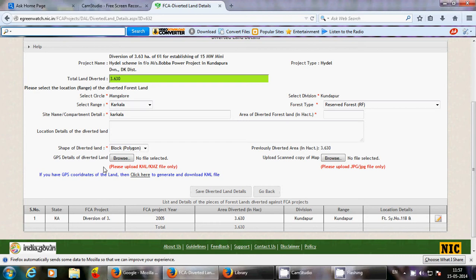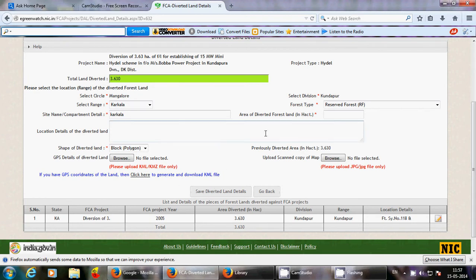This is emphasized again and again because if the datum and units are taken in another format, the field officer may not know it. They may bring it in degree minutes seconds, and enter it as degree minutes without converting. This may result in an erroneous polygon and all. Okay, and then come here and save.